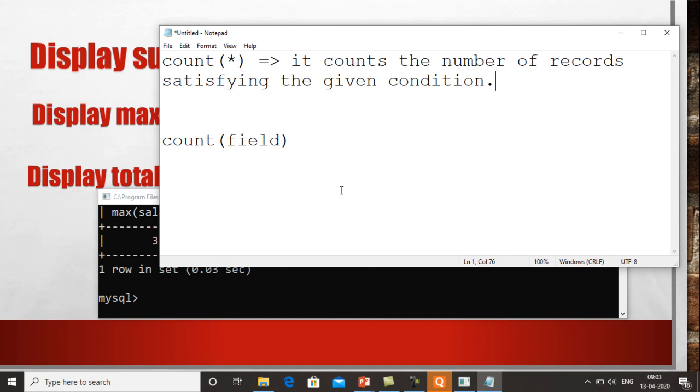So you have to give a particular condition if it is required. Then what this function will do, it counts all the number of records which satisfy the given condition.